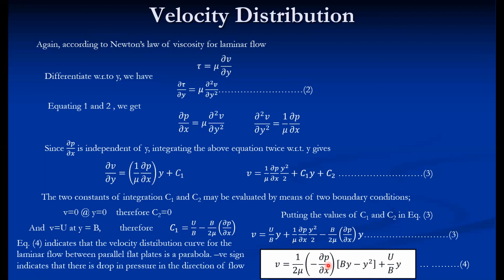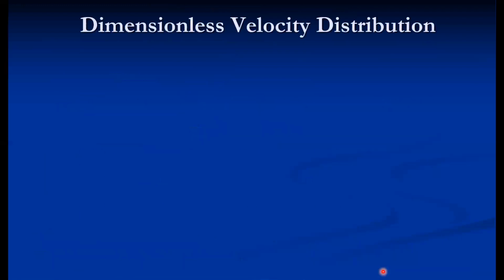So in this particular case, the pressure gradient plays an important role in deciding the type of flow. That is, there are three types of pressure gradient. This is the negative pressure gradient. Normally, we have seen in both previous cases, that is laminar flow through a circular pipe and laminar flow through fixed parallel plates, the pressure gradient is negative. Now, in this case, all three possibilities are there. We'll see that also. This is the velocity distribution in Couette flow.